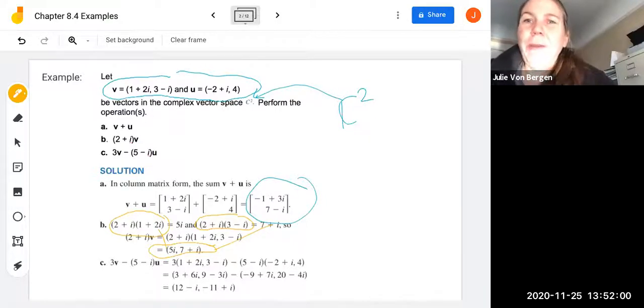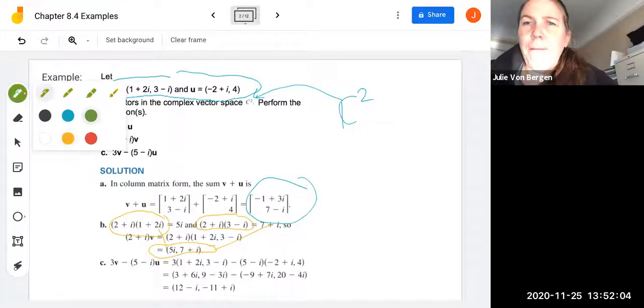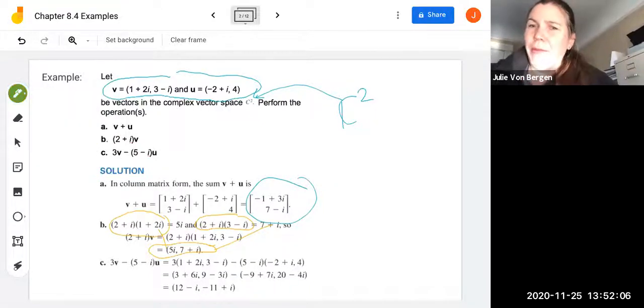The next calculation, part C, is 3V minus the quantity 5 minus i multiplied by vector U. So the first thing we do is we take that 3 and we distribute it through vector V here. So you can see that just triples each value in each component of vector V. And then we take 5 minus i and multiply it by U over here. And so again, we're going to distribute that through